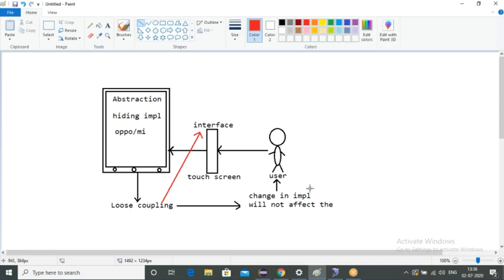A change in implementation which will not affect the user is known as loose coupling. Tight coupling means a change in implementation which will affect the user. Always we have to try to achieve loose coupling, not tight coupling. Understood this much, everyone?